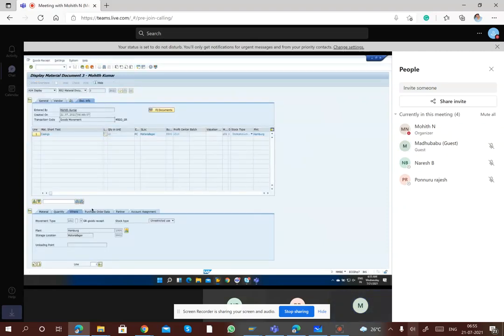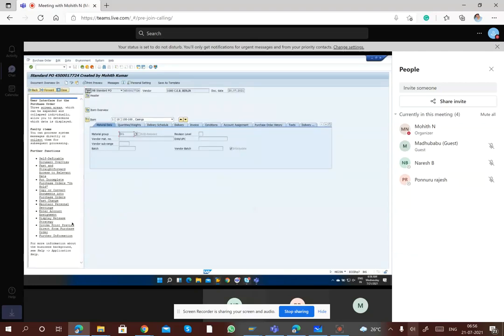Then let us go into the purchase order. What is the T code to get into the purchase order? ME21. ME21 is to create the purchase order. If you are going to display your purchase order, it is always ME23N. Either you can go through the transaction ME23N, or, being an expert in transactions, you have a tab called purchase order data, where if you double click, you can directly get into the purchase order.